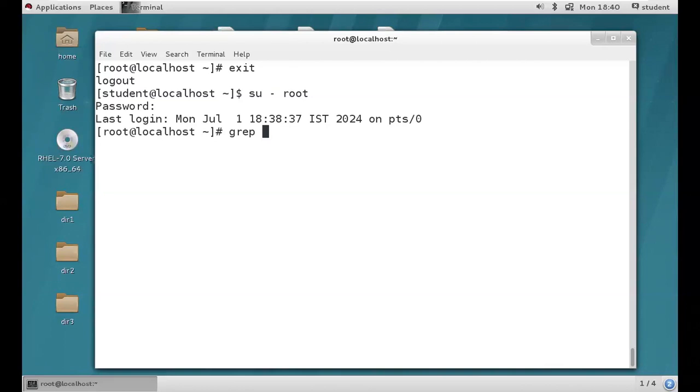We have one file. Let's see how to print the file content. Cat is a command, and /etc/passwd is a file name. Guys, instead of creating our own file, I'm using a few files from the operating system itself for doing the demonstration. /etc contains configuration files, and passwd is one configuration file.